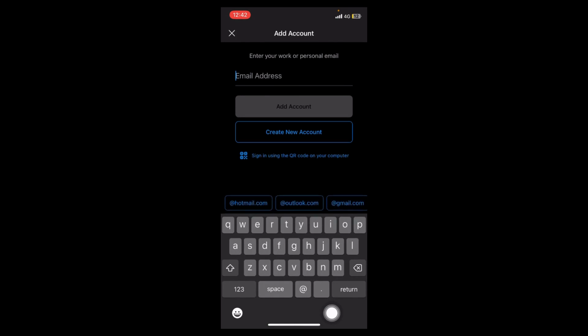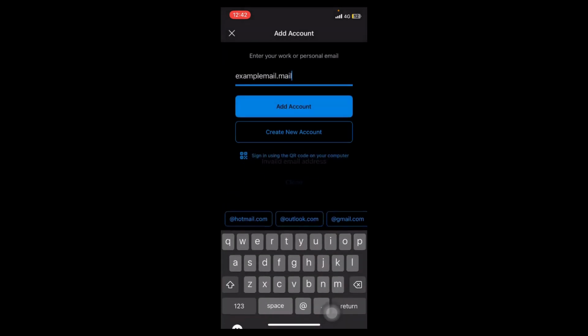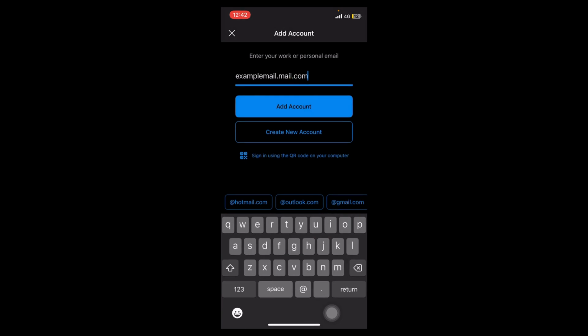Here you enter your account. So I will make an example mail, add an account. Example. So right now I don't have any existing business email. So as you can see, this is not working, but this is the way to add a business email to